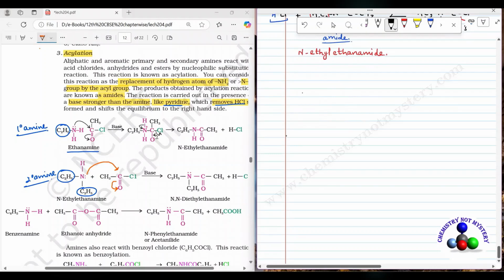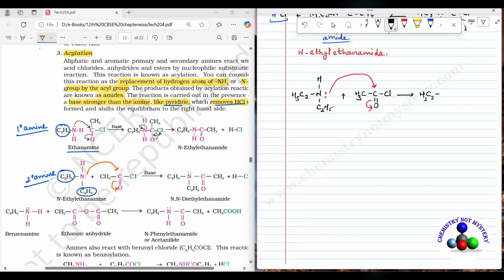So here there is C2H5. Here it is bonded with nitrogen. There is another C2H5. Here this nitrogen is bonded with hydrogen, and this nitrogen has a lone pair of electron when it reacts with acid chloride. So here this is CH3 C double bond O Cl. So it will attack on the carbonyl carbon, pi bond move to oxygen. So here you will get